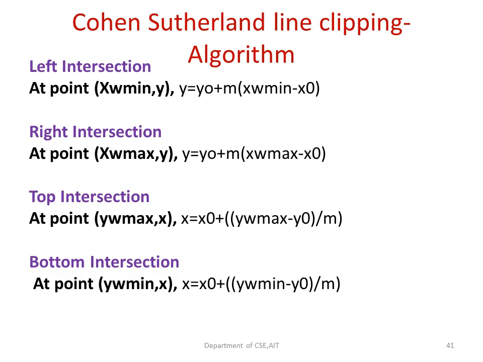So the point is, you have to remember the formula here. That means how we are going to find the value of y when we know xw minimum, and the value of y when we know xw maximum. We also have the top intersection point. Also, if you know the top intersection point, that is, if you know yw maximum, you can find the value of x. If you know the yw minimum value, then you can also go for finding the x value.